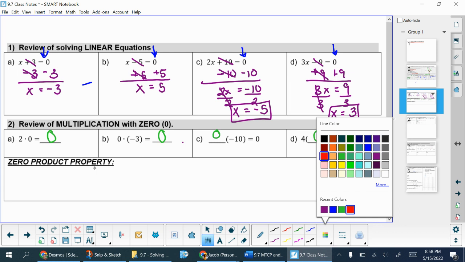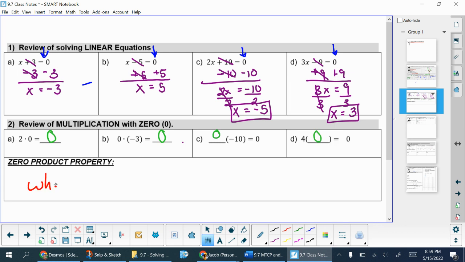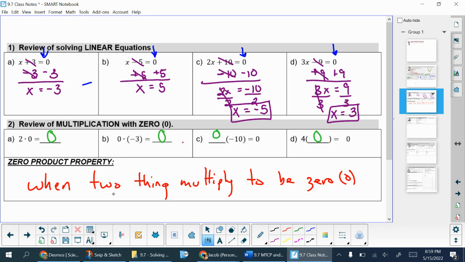The zero product property says that essentially when two things multiply to 0, one or at least one, I'm going to go with the phrase one or both, because we're going to be only talking about two things today. One or both